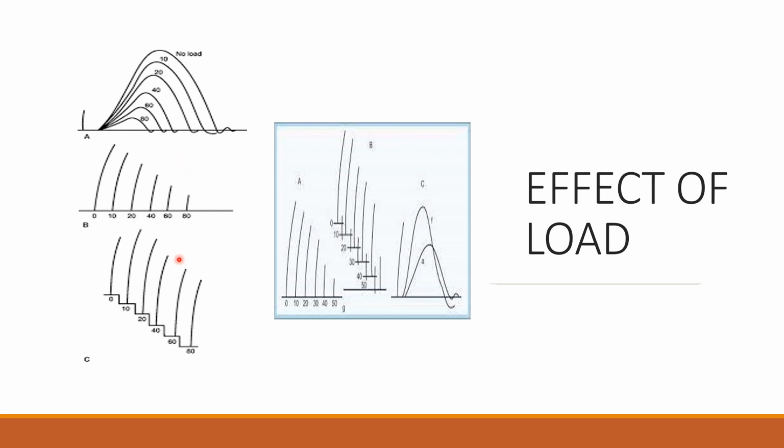On the other hand, in free loaded, this one, as the weight is increasing, the height of contraction is increasing. This is not a straight line, but you can observe as the weight is increasing, the height of contraction is increasing for each curve. So a decrease in height in afterloaded condition and an increase in height in free loaded condition with increasing weight is observed in this effect of load.